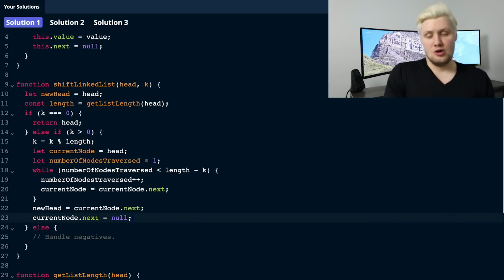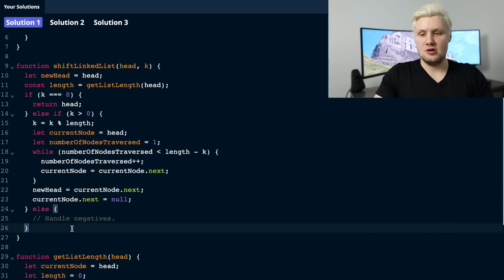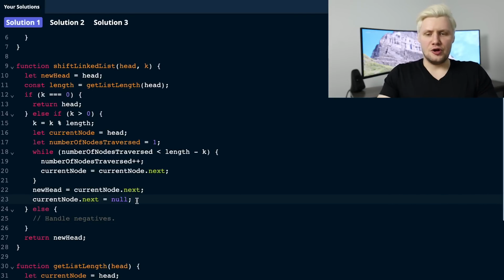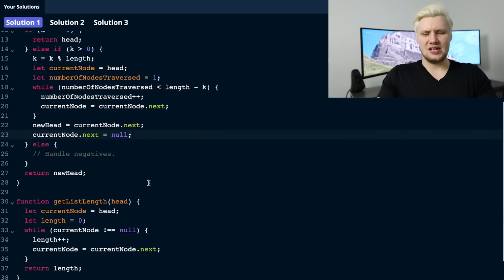And then we can just say get the tail of the linked list and set it to point to the previous head, right? And then finally here we return new head. Okay, so then to get the tail, we could just keep iterating, but I think it's going to be easier